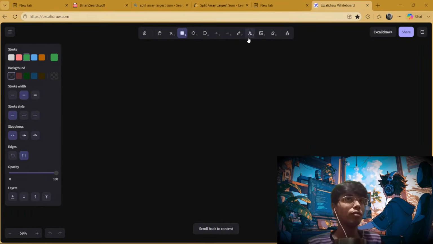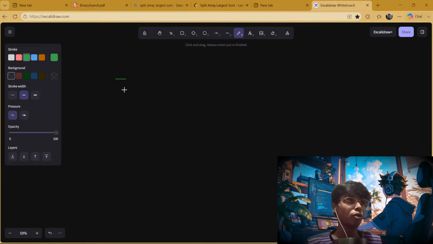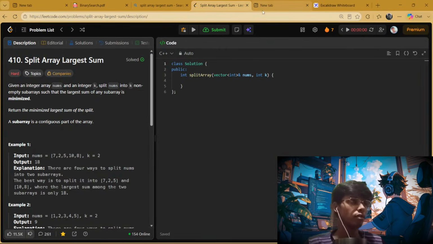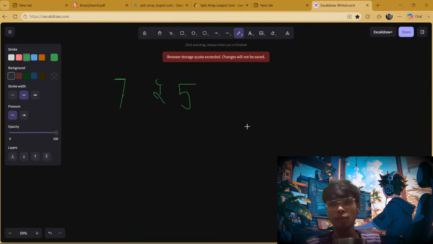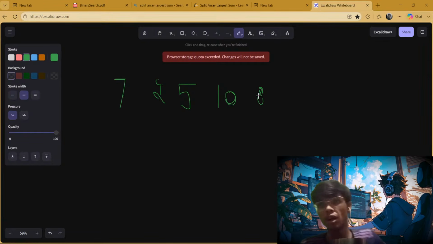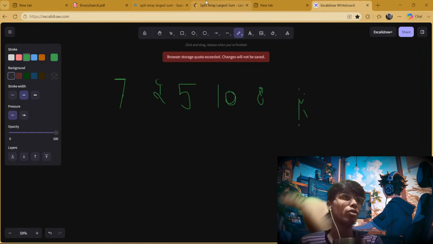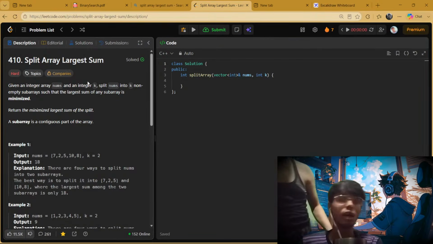So we will take an array, and in the array 7, 2, 5, 10, 8. So basically we have to split it. Hello guys. Have you studied binary search, how the binary search algorithm will be implemented? Like what we have to do in this question, it is given that there is an array and we have to